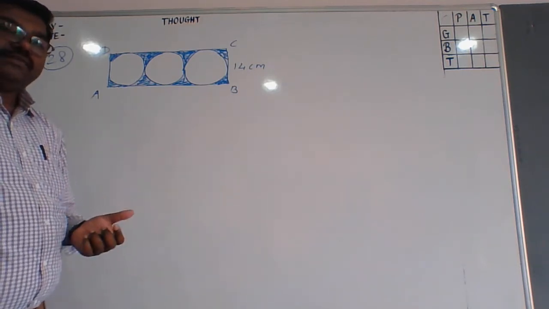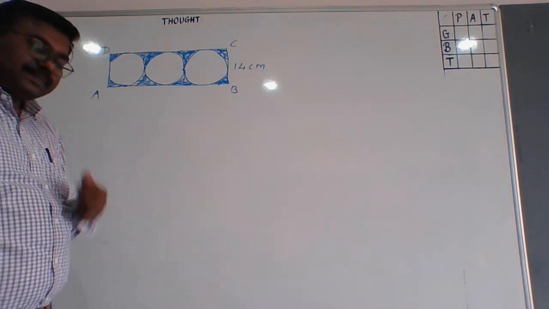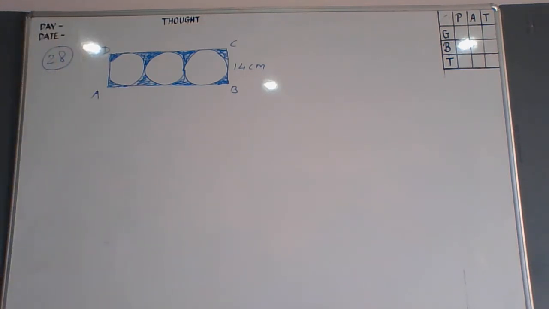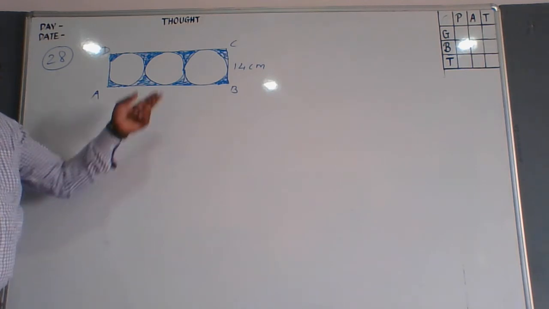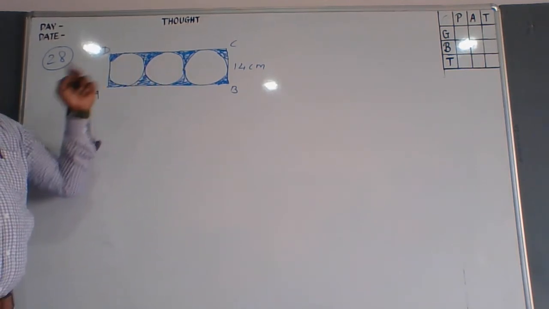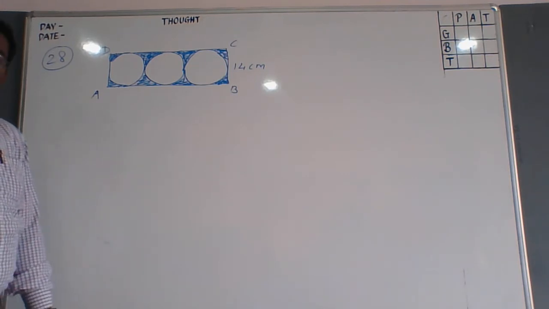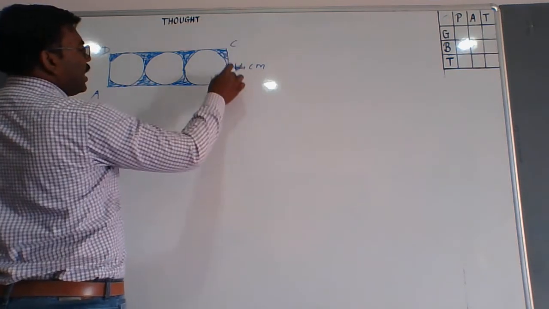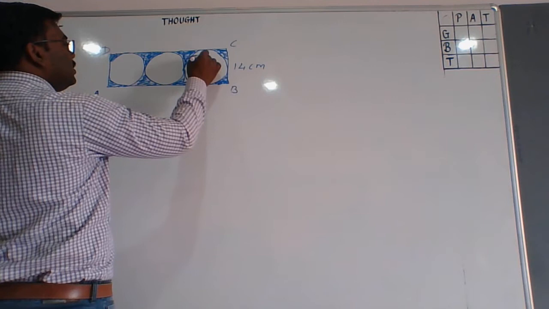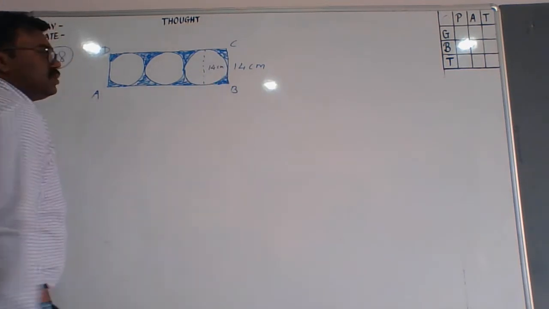So first we will find out the length for this rectangle ABCD, correct? Similarly, we also want to calculate the area of the circle. For finding the area of a circle, again we need a radius. But since the radius is not given to us, can we say that whatever the length of BC is, the same will be the diameter of this circle,